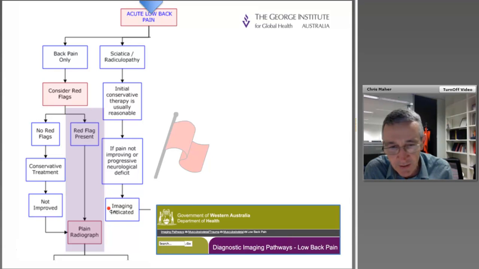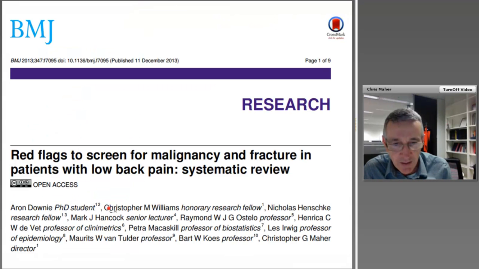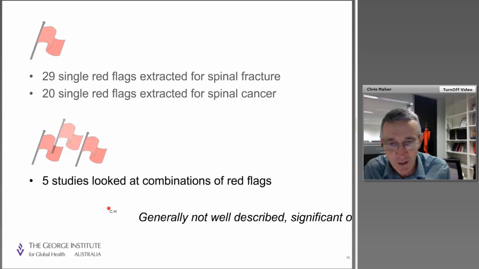We also conducted a Cochrane review looking at red flags to screen for malignancy and fracture. So there were 2 separate Cochrane reviews which we merged and published as 1 paper in the BMJ. And if I just wanted to go through those as the next source of information about red flags. So what we did was we looked through all the studies that had looked at red flags, and we found a whole range of studies. There were 29 single red flags that were studied, 20 for cancer, 29 for fracture,